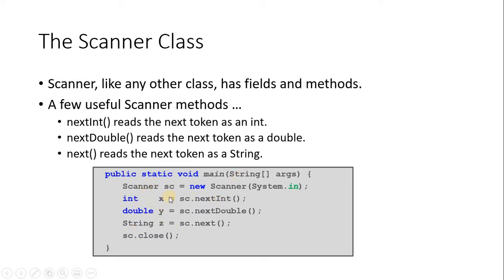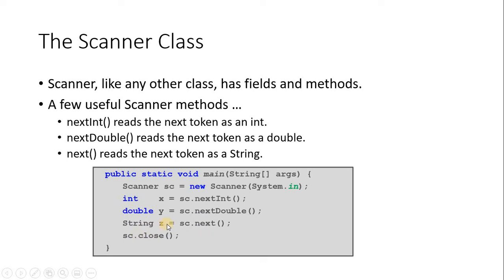To get the integer, we create a scanner object, sc equals new Scanner(System.in). So we create an object for the Scanner, and using the Scanner class object, we can call the method nextInt. This gets the integer input, where we can declare the data type and the field name with int. The same way we get the double value here, and we assign it to a double field. The data type is double, the field name is y. In y we are assigning the double value obtained in the console.